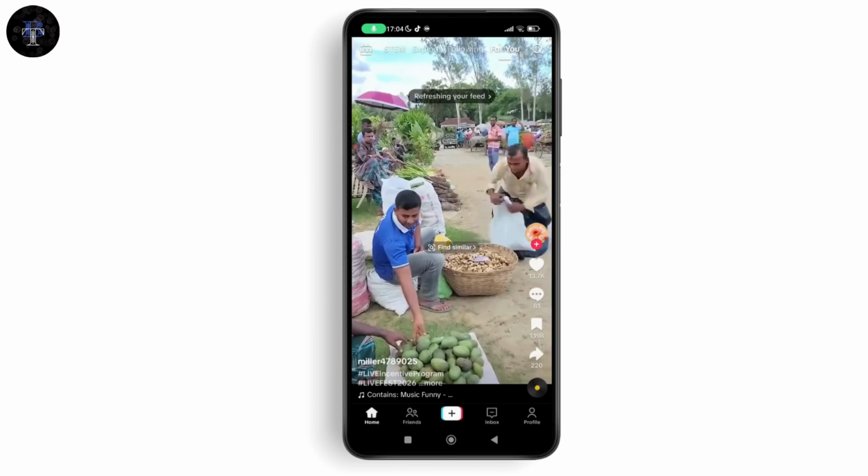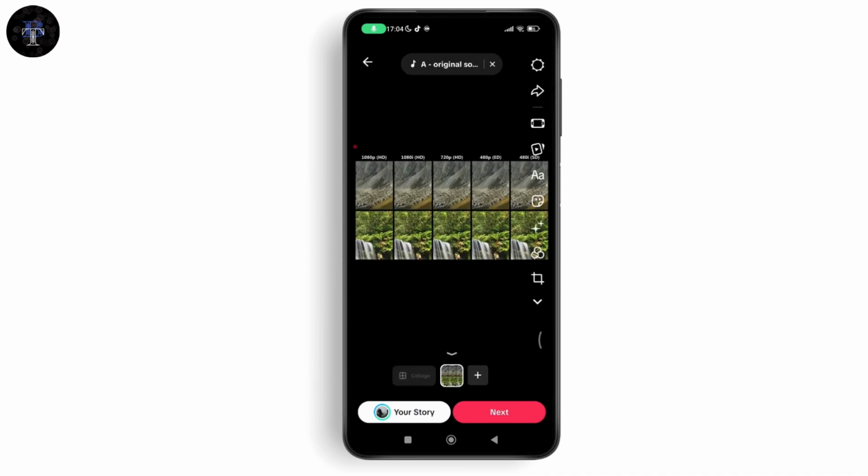After opening your TikTok, you need to go with the plus button, which will be on the bottom, and then go and select a photo. Now once you've selected, if you have zoom in effect on your photos, and if you want to stop that, then what you need to do is just simply go with the drop down, which will be on the bottom,